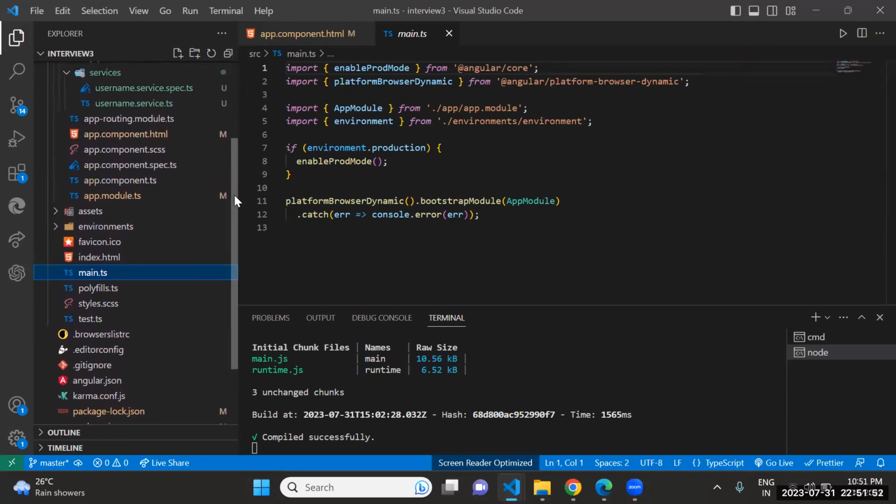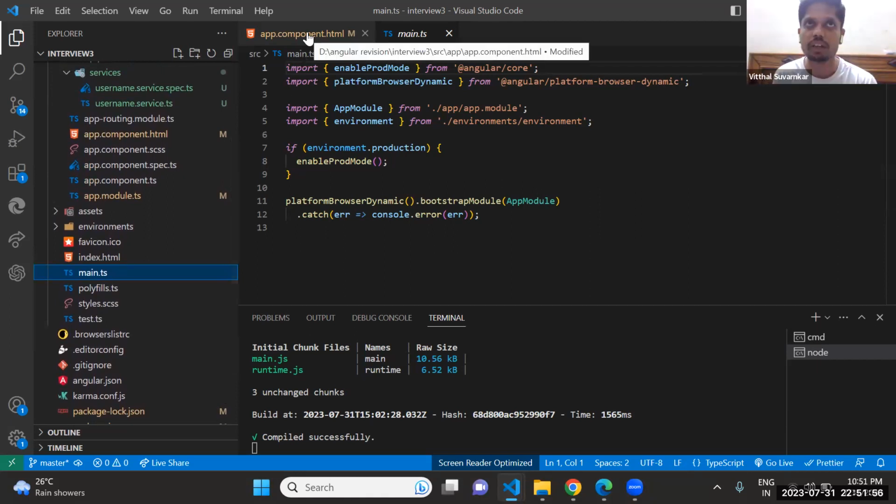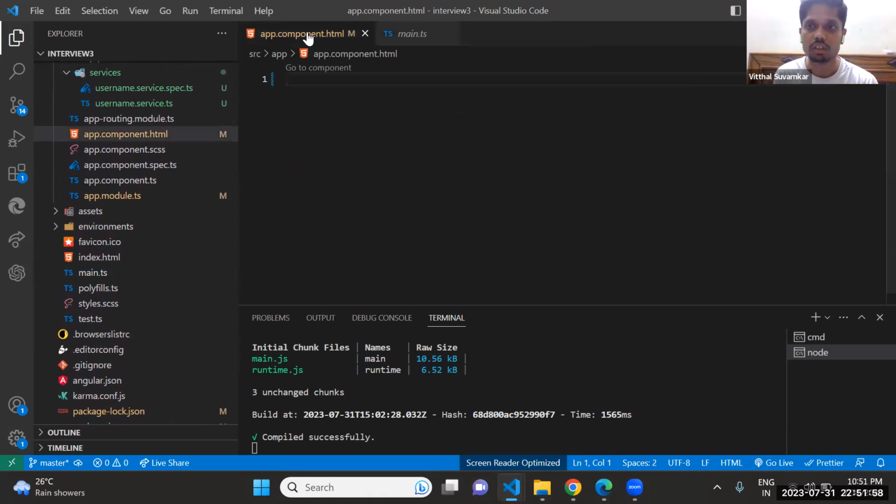What is the difference between string interpolation and property binding? With the help of string interpolation, we can transfer the data from the TS file to the template file, sir, with the help of curly braces.